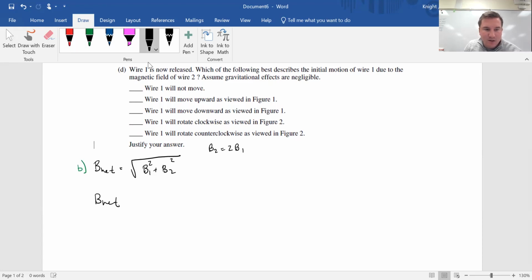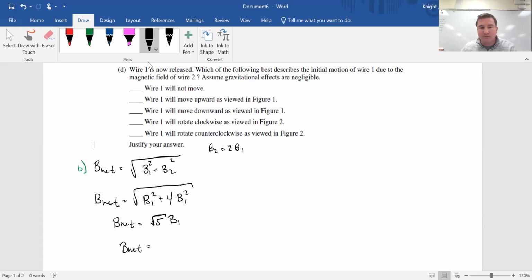B net is going to be equal to the square root of B1 squared plus 4B1 squared, right? Because we square that. So that'll give us 5B1 squared. So B net is going to equal root 5 times B1, right? We can separate that out and take the root 5 there, and then we just have to multiply that by B1, which we know from up top already